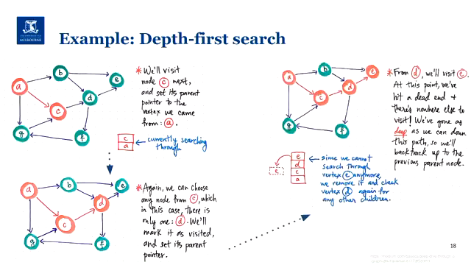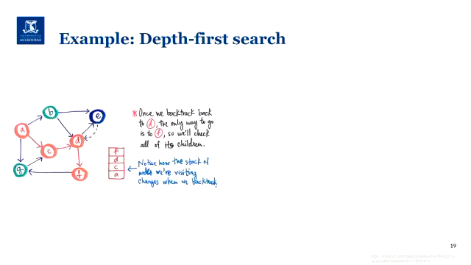And from D, the only way to move forward is actually going to E. We put E on the stack. And from E, we reach the dead end. We can no longer go anywhere. So what we do is we remove E from the stack and mark E as visited. So E now is marked as visited, and my stack looks like this. So we have A, C, and D.